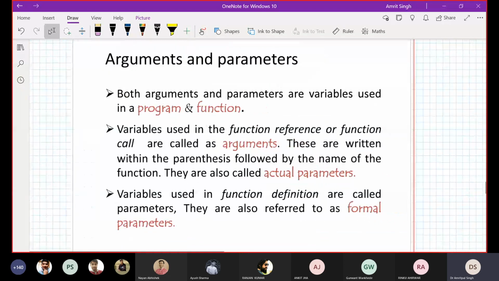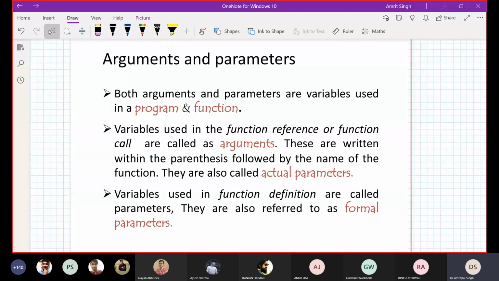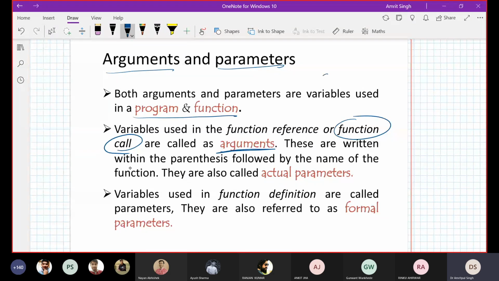Okay, done. So now argument and parameter. Both arguments and parameters are variables in the program. Just remember these are the same things, but the nomenclature is different. Variables used in a function reference or function call are called arguments. So when I write sum a comma b, these are referred to as the actual parameters or arguments, whenever I call this function.